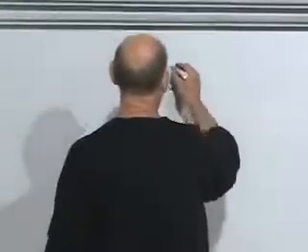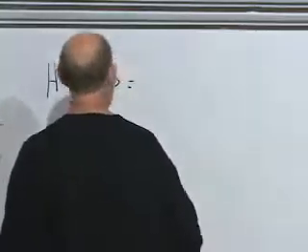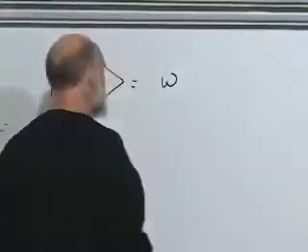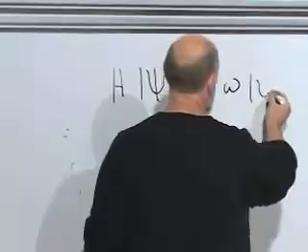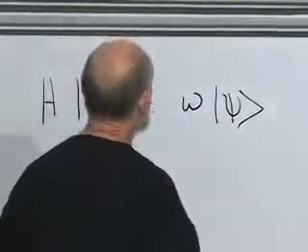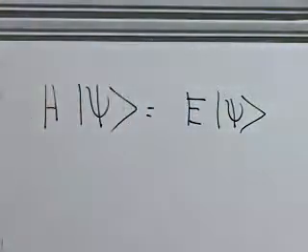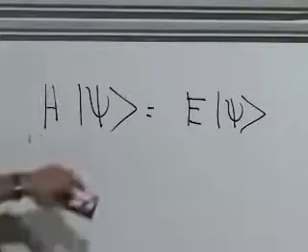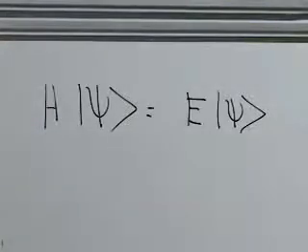Let's suppose that psi is an eigenvector of H. H on psi is equal, well, let me call it omega. If it comes out to really be omega, I'll be very happy. Let's call it omega on psi. Omega being, no, energy, E, for energy. E is a number, psi is an eigenvector of H with eigenvalue E. Just assume. That means